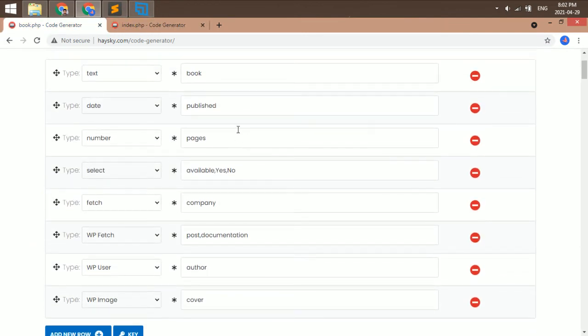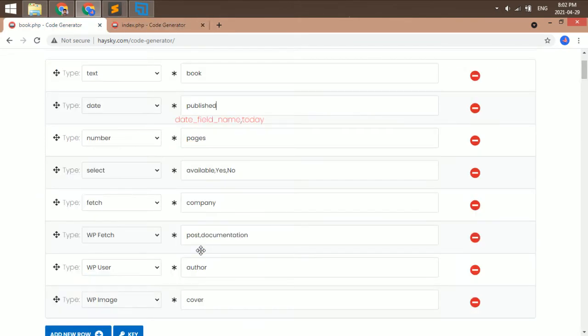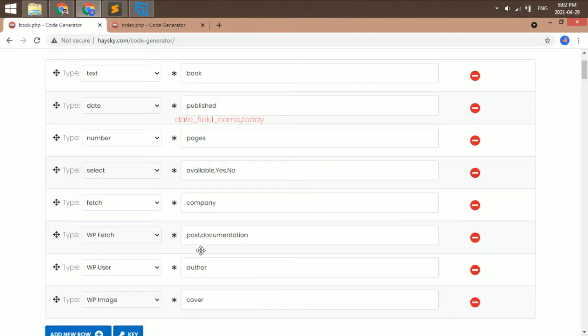So we have to write all these field values in one field itself. So published, pages, comma, available. So you should not write the options of this selector.